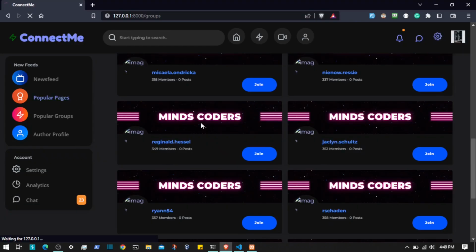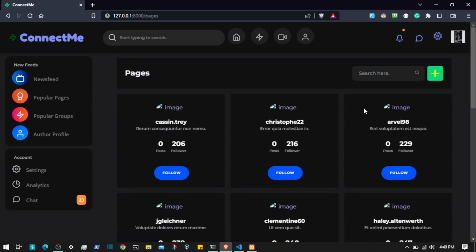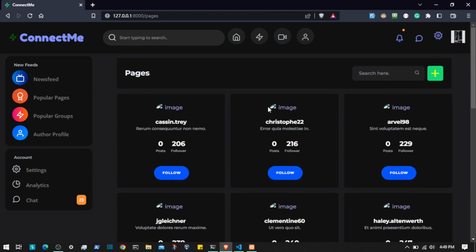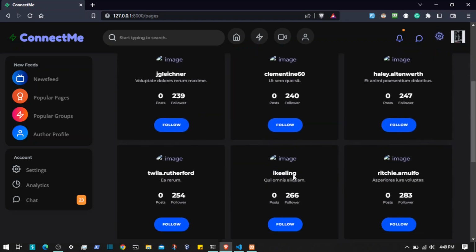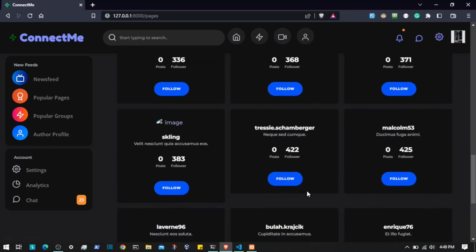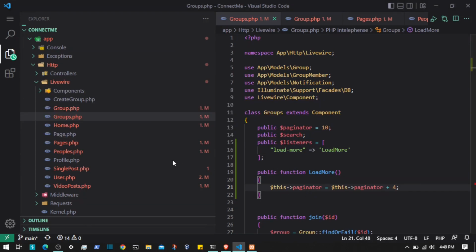And then let's go to pages, and let's see how that works. So each time we are loading three items. Don't worry about the images, because we have seeded fake data, so we have some issue from that side. As you can see, we have the followers, the seeded followers, and stuff like that. So that works fine. If I scroll down, yeah, it does work, but we have the issue with the